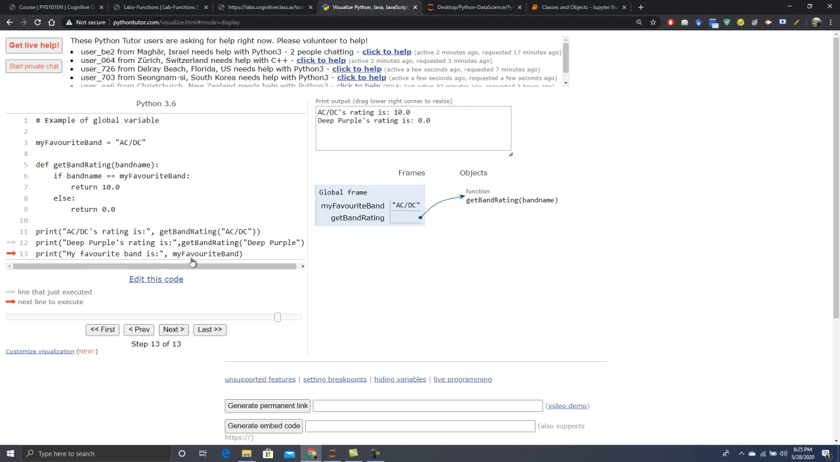Print my favorite band. Because it is a global variable, it can print my favorite band, which is ACDC. Okay,